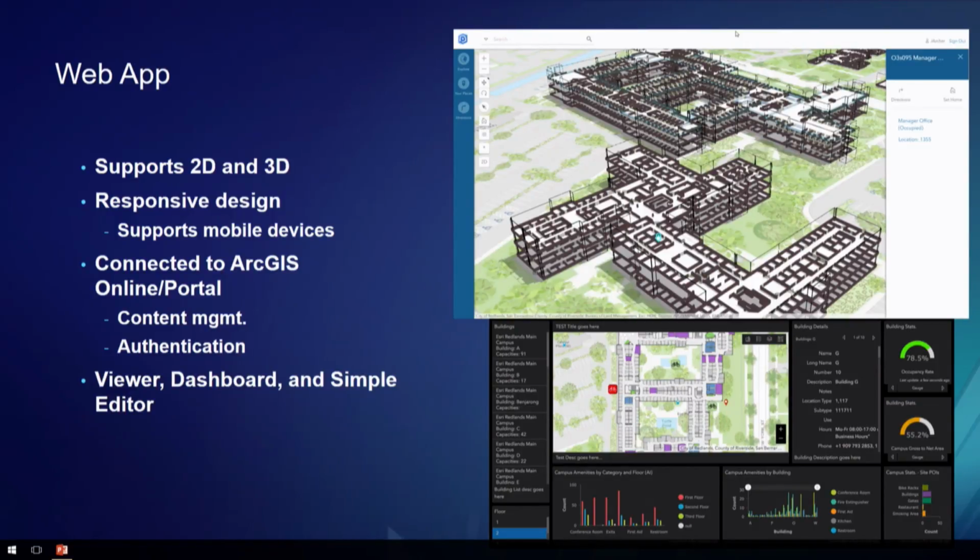And we're looking at not only this kind of viewer that you see in the screenshot at the top and the one we'll take a look at here, but I also wanted to mention that we've been playing around with some of the other stuff that's part of the platform, specifically things like Ops Dashboard. If you have a portal or ArcGIS Online implementation, you have access to all these great apps and that little tile button up in the upper right. We want to see, hey, do these things work? And the answer generally is yes. ArcGIS Indoor maps tend to just work in these applications, including the Ops Dashboard. So if you need that kind of instant view into the health of the indoor spaces of your organization, you can do that through a dashboard, and that's pretty cool.